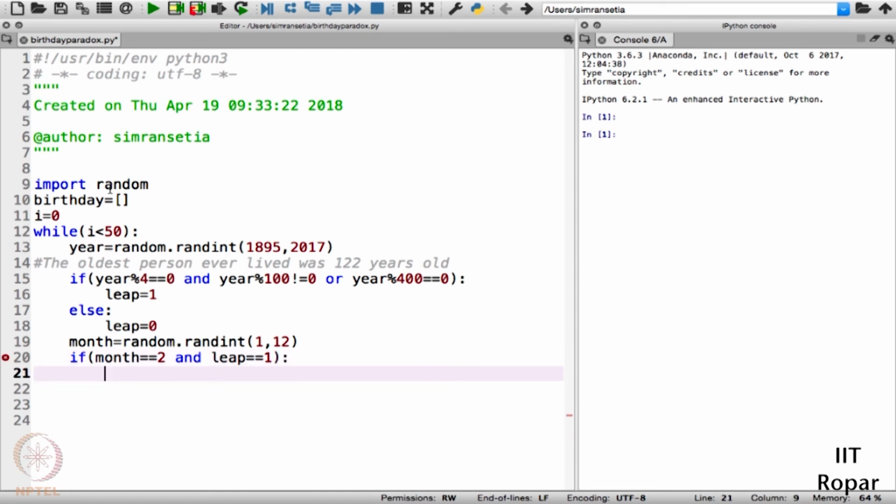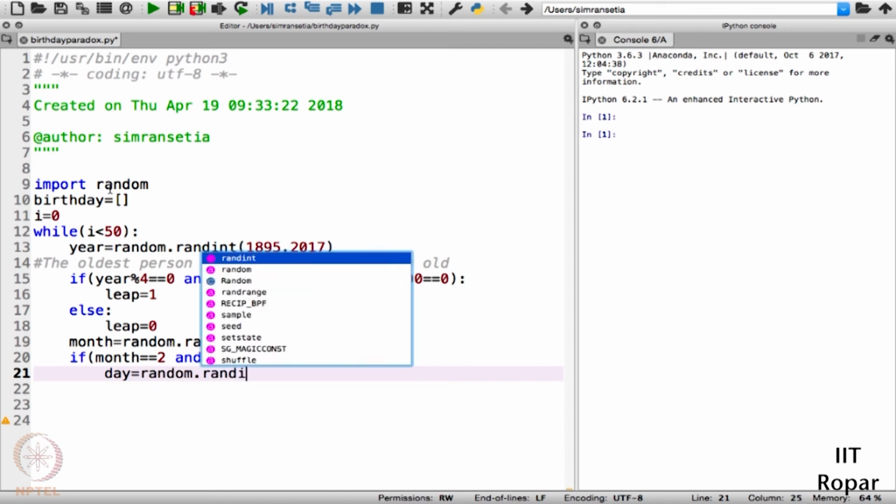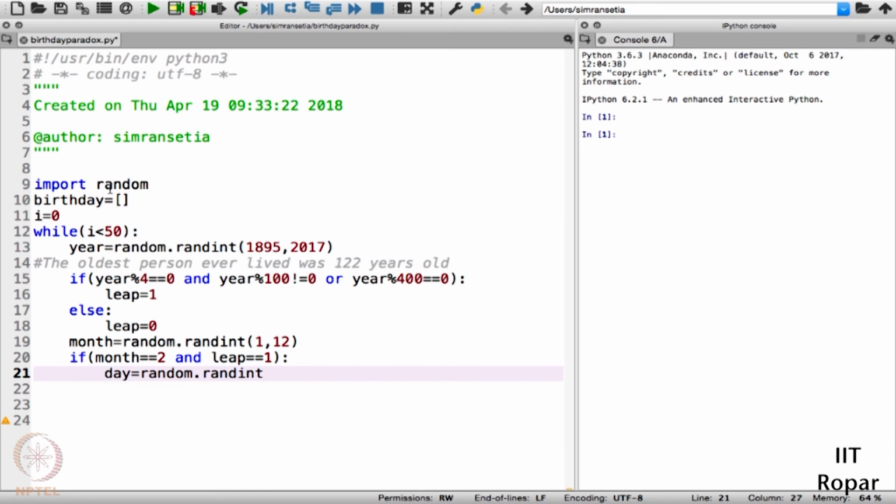What do I mean by this? That the month is February and the given year is a leap year. So we will generate the day from 1 to 29. That will be random.randint from 1 to 29.